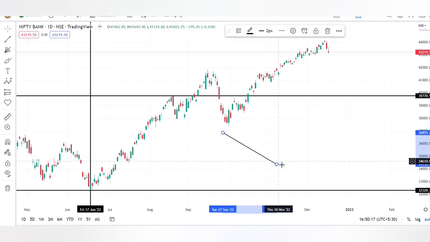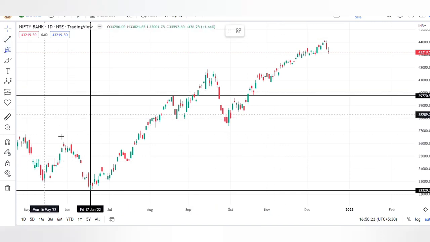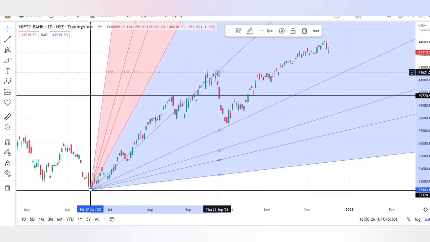Now we will first draw the Gann Fan. We'll place the first point at the significant low point and the second point anywhere for now. So here we can see that the Gann Fan consists of 2 points, the first point and the second point. So let's see the coordinates of these 2 points.